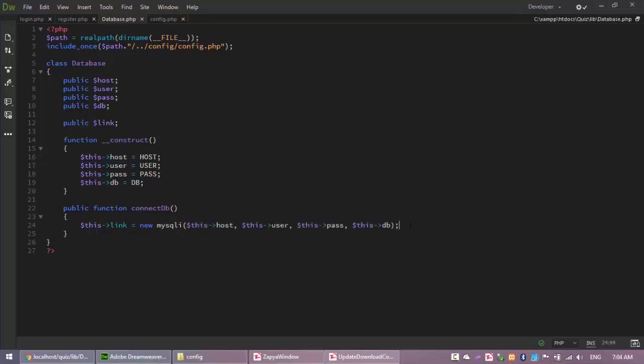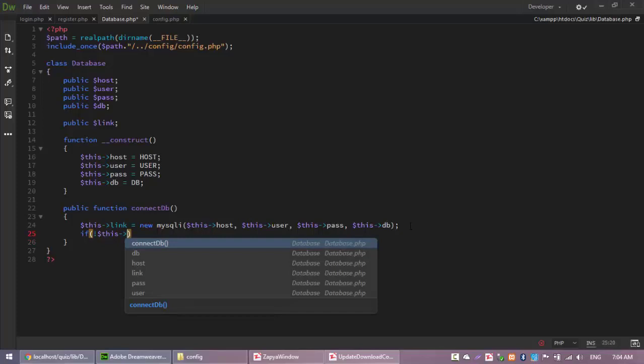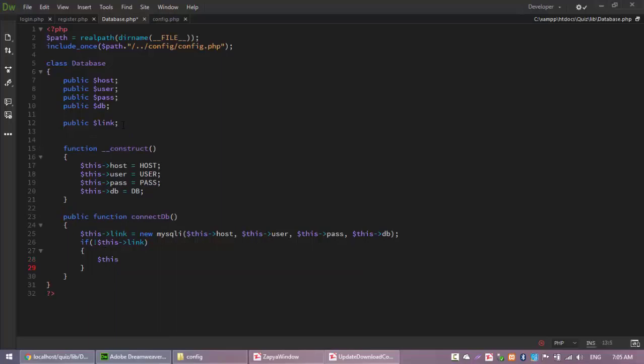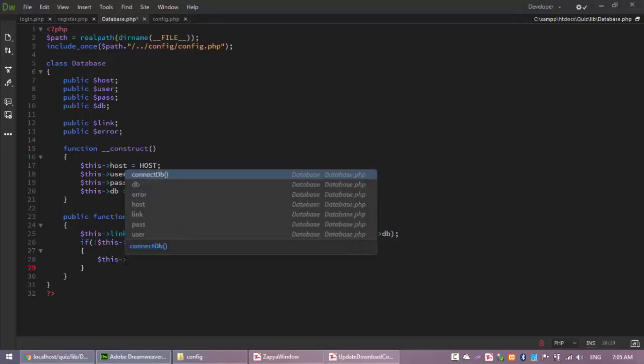So after that, check if there is an error linking this database, then show the error message. If not this link, then let's create another variable to store the error, public error. This error equals to